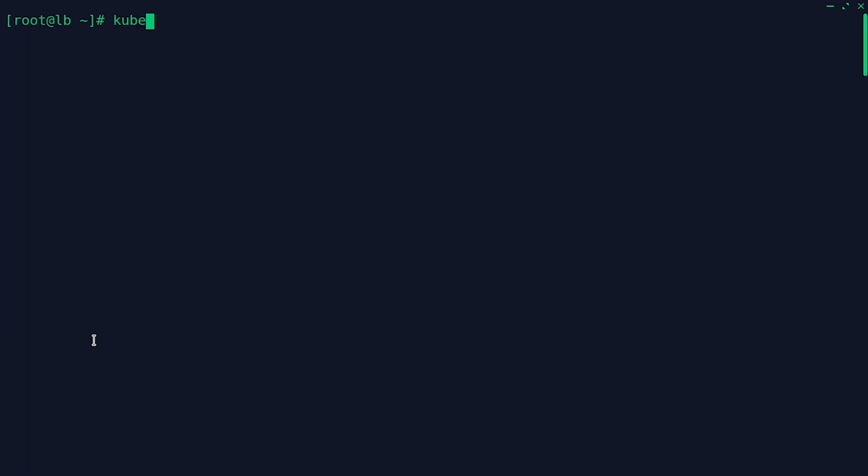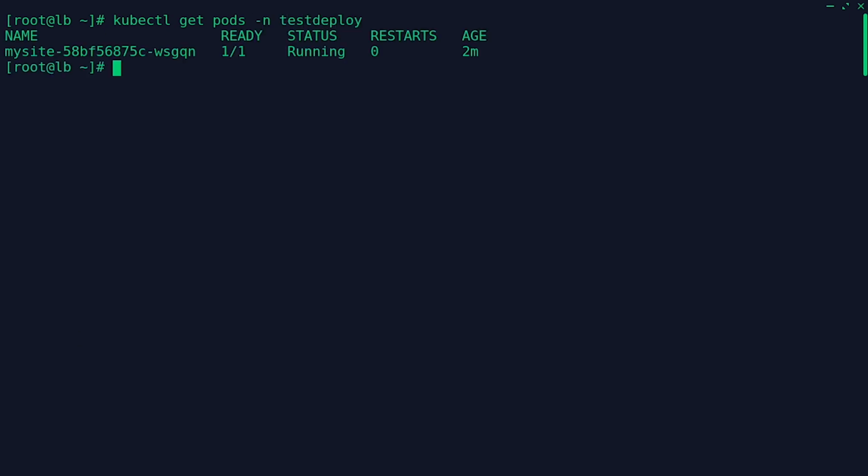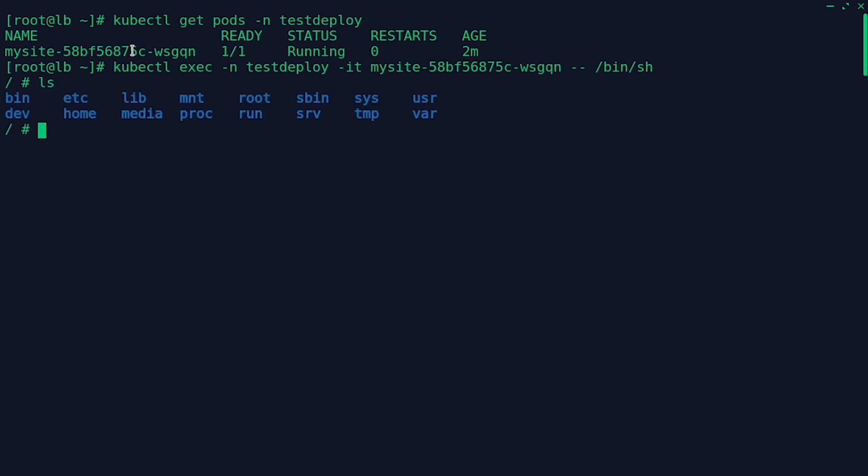First get the name of the pod. And log into it. Let's see what's inside Nginx config.